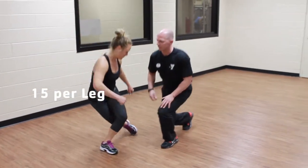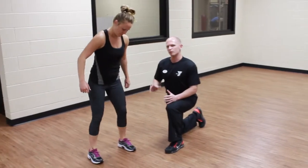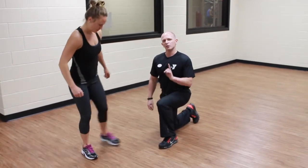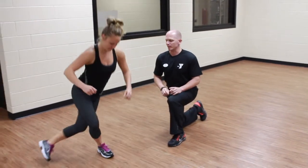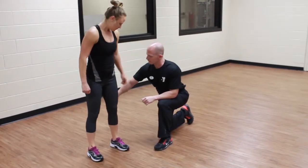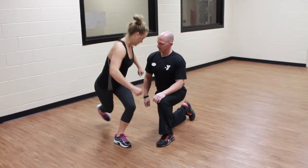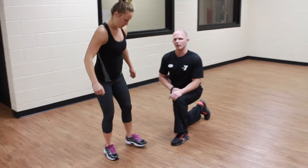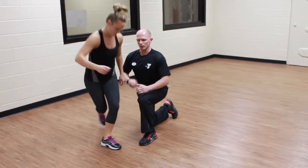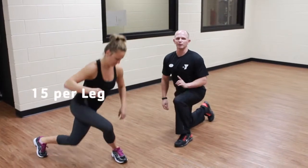So make sure as you come through, you want to make sure the body stays real stable as you go through this exercise. Do it at a slower pace so that you can control it. And you can actually change the movement by, just as you cross over, take a little bit deeper step back. Perfect. It'll put a little bit more pressure on those glutes and really make them work a little bit harder as you go through. As I said, you want to alternate back and forth, completing a total of 15 reps